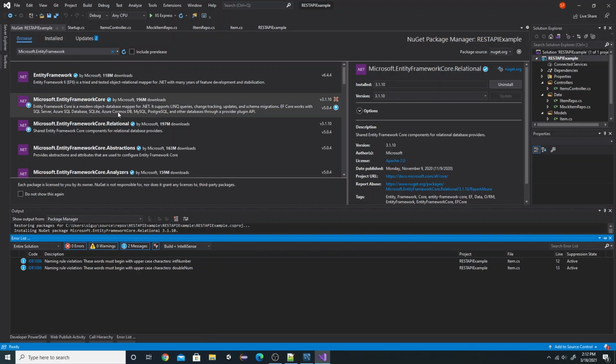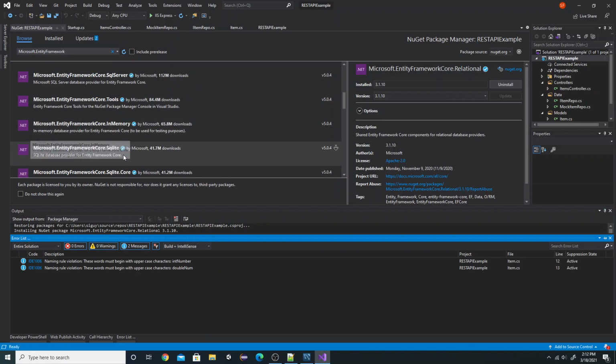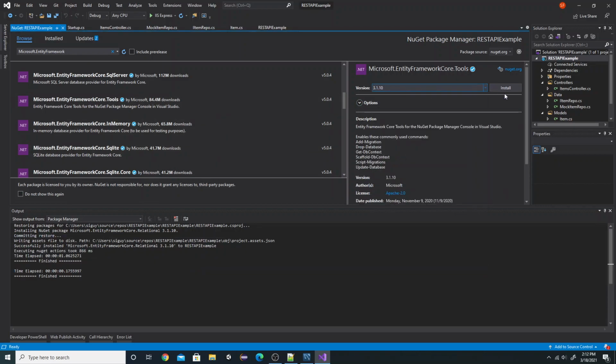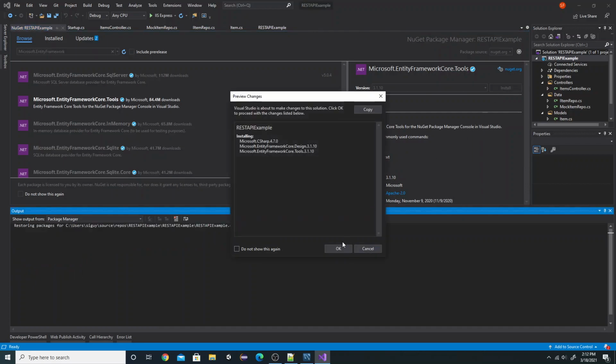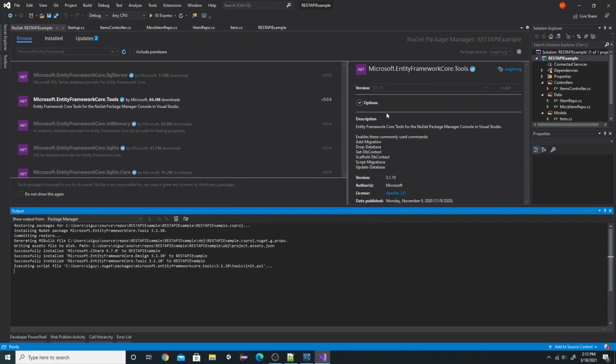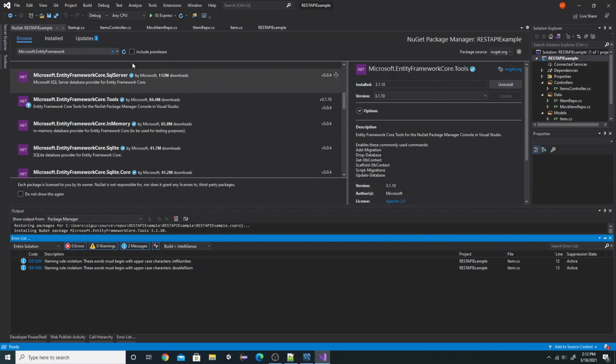And then we want tools. Is that in here? There we go. We're going to install that one. Accept. It's installing. And the last one we need for now, once this installs, there we go,